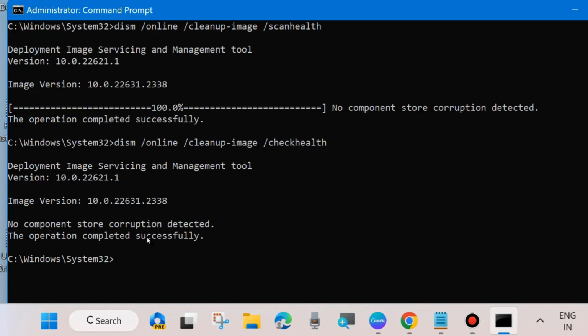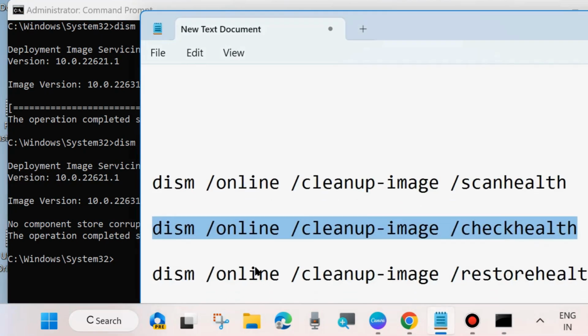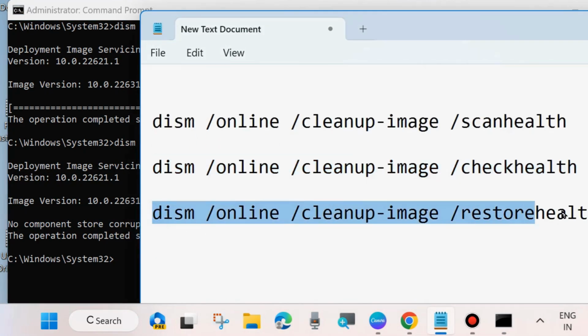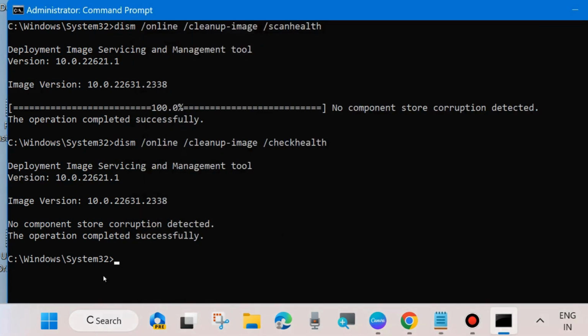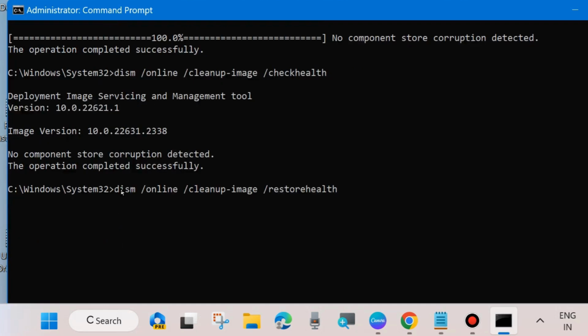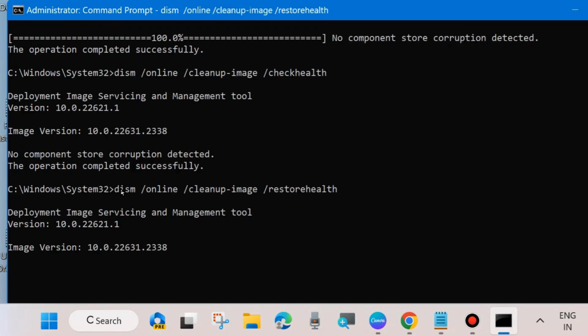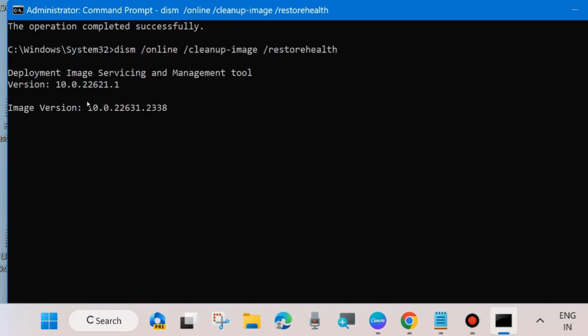Now we will see, execute the third command, restore health, DISM restore health. Simply paste it in Command Prompt and press enter. It will take some time, wait, and once this command is successfully completed, one more command you will have to execute,